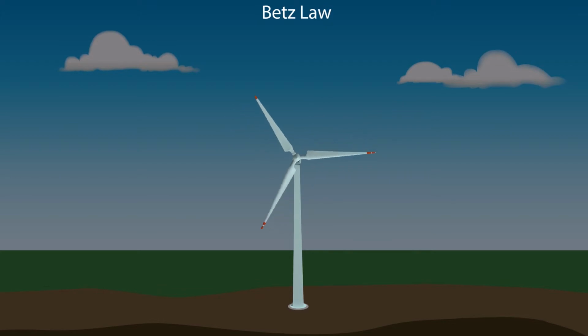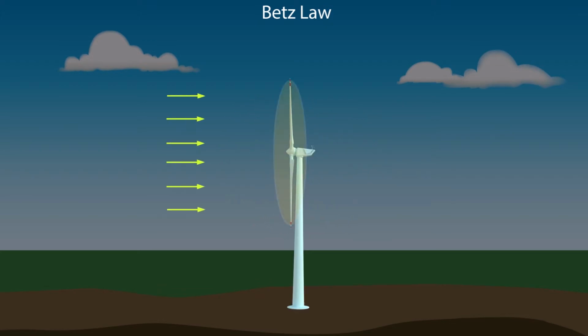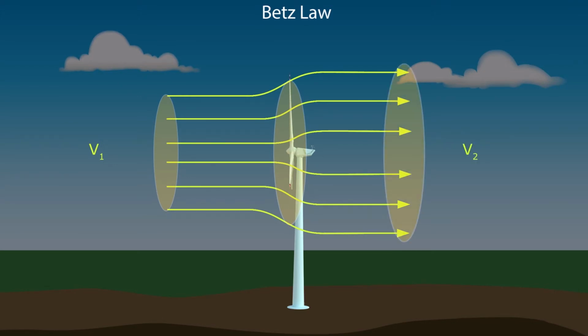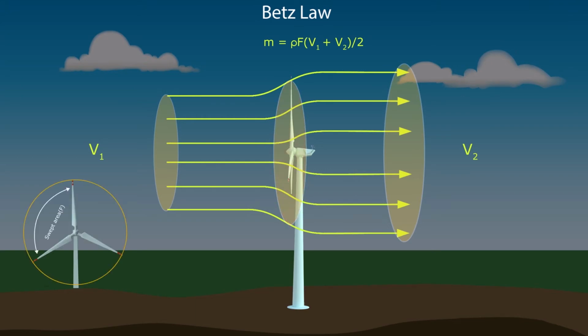Let's prove the theorem. Let's assume that the average wind speed through the rotor area is the average of the undisturbed wind speed before the wind turbine, called V1, and the wind speed after the passage through the rotor plane, called V2, that is, (V1 + V2) / 2. The mass of the air streaming through the rotor during 1 second is equal to the multiplication of the density of air, the swept area around the rotor,